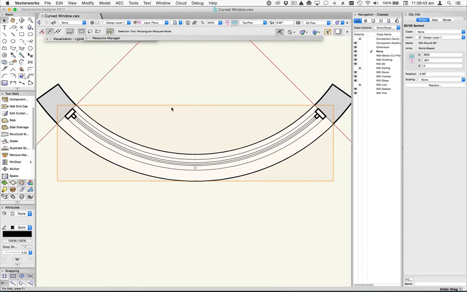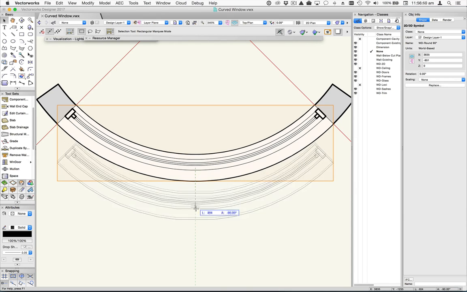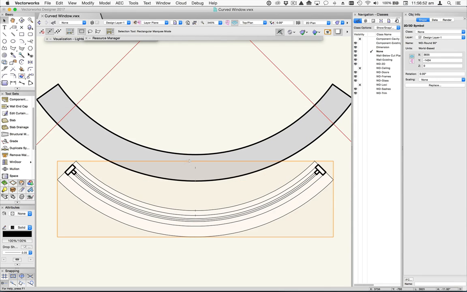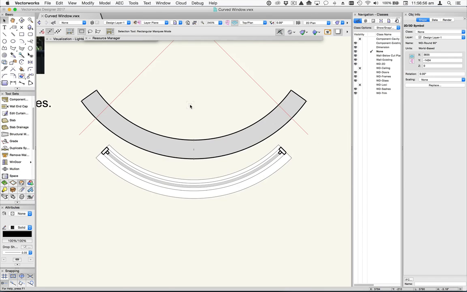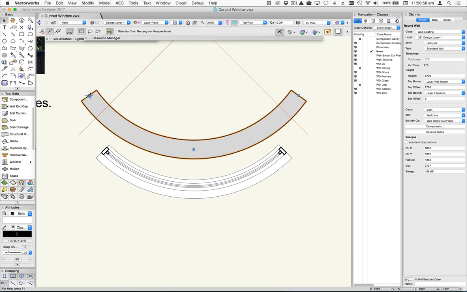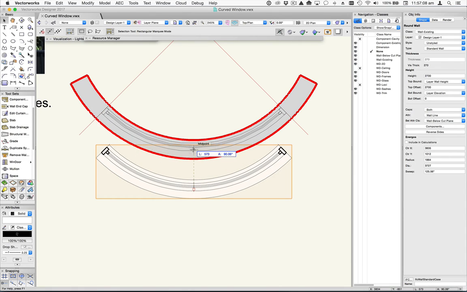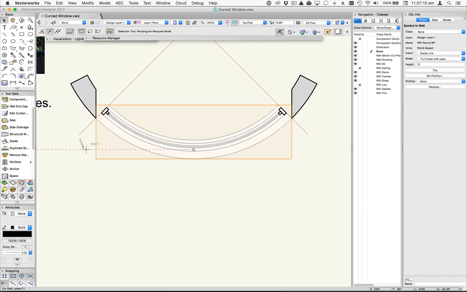So currently this symbol is just sitting on the wall, so we're going to move it off the wall and then place it back on the wall, which will see it inserted into the wall. But there's going to be another issue that you'll see, and I need to just make this wall a little bit longer to see it. So let's now grab this and pop it back in here,